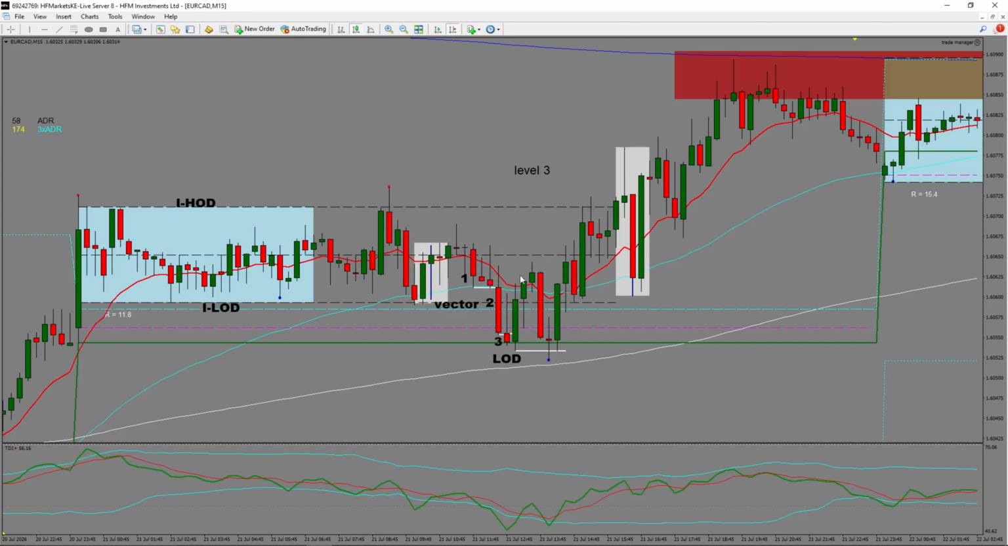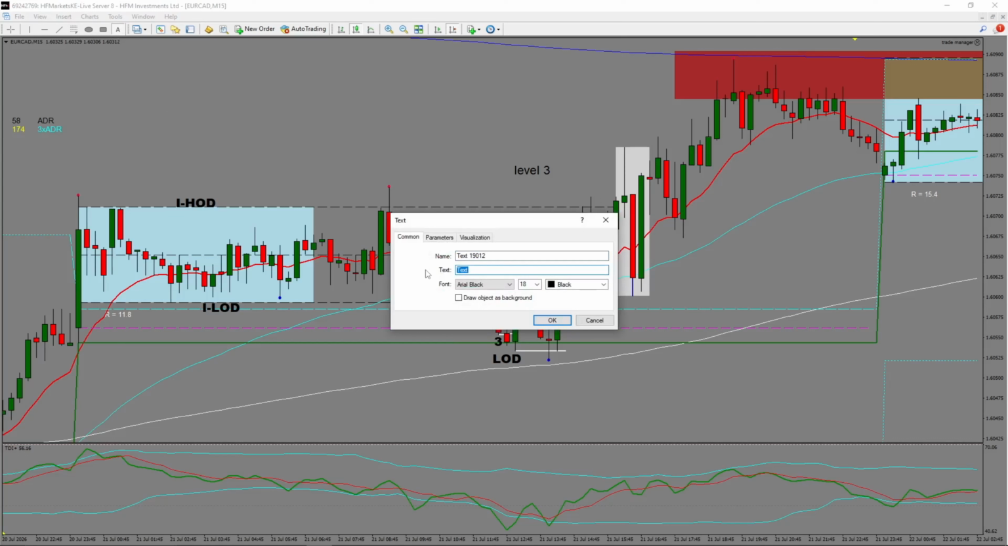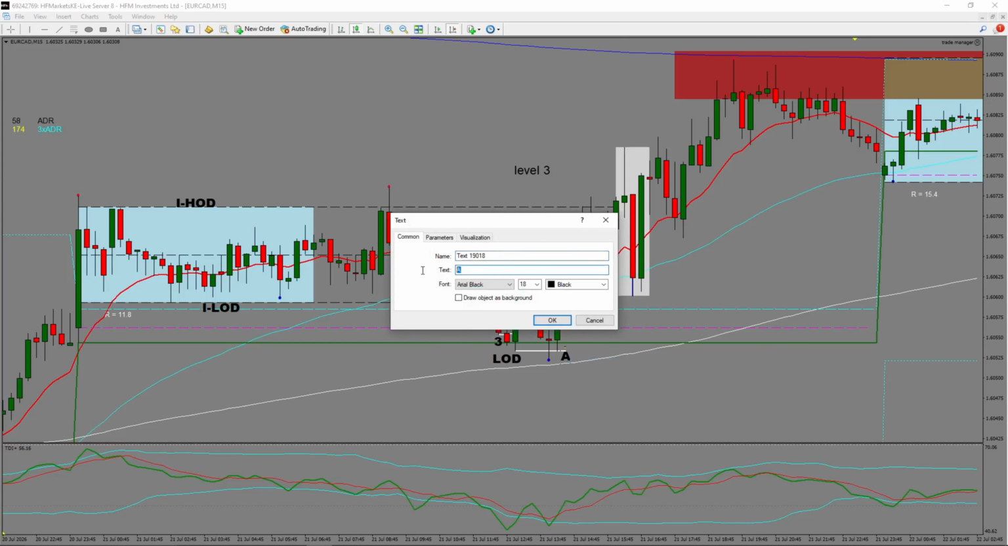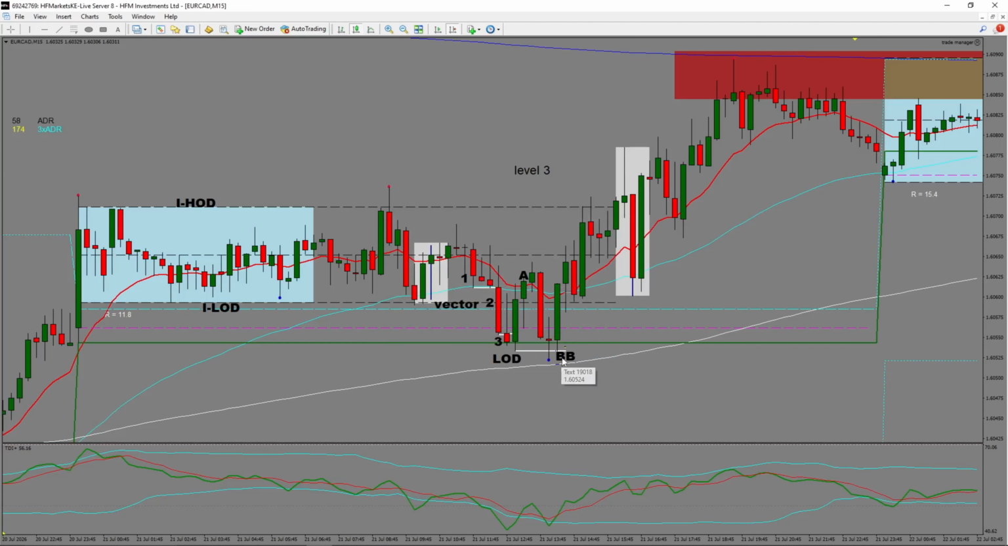Now you are looking at the interaction with the 13 EMA. We are below the 13 EMA already, so we are going above the 13 EMA. So you put a letter A to represent above the 13 EMA. Okay, so then we go back below the 13 EMA. So BB to represent back below, and then now we are going back above the 13 EMA. Back above the 13 EMA, you can see it was a very nice smash